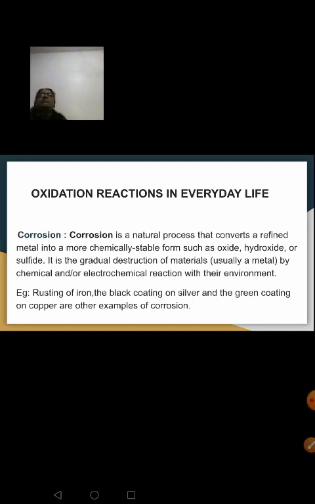When an iron article is kept exposed to moisture, or when water comes in contact with it, a layer of rust is formed over it. To avoid this corrosion of iron articles, you keep painting them, electroplating is done, galvanization is done, and all you have learnt in your lower classes. We'll learn in detail about corrosion in the upcoming lessons.